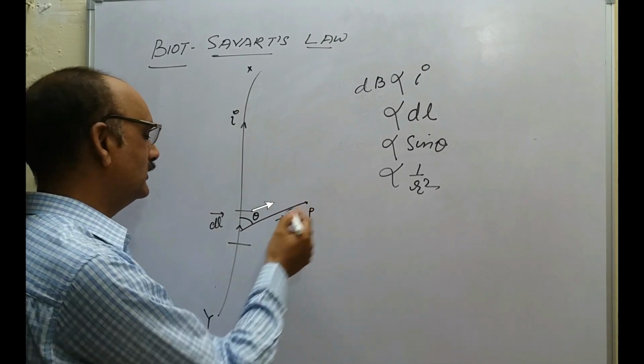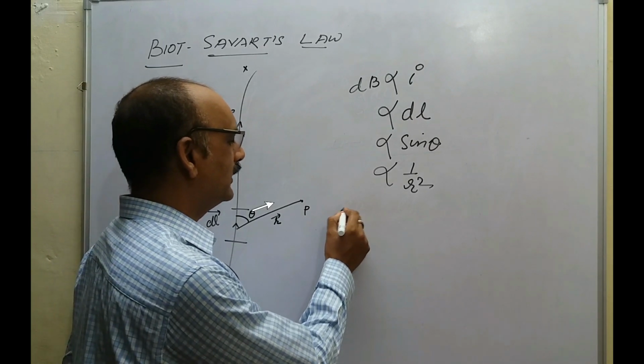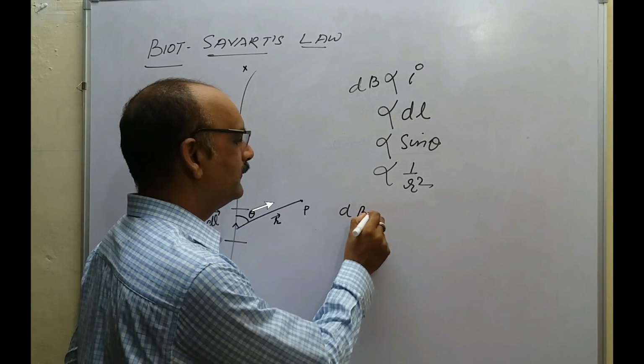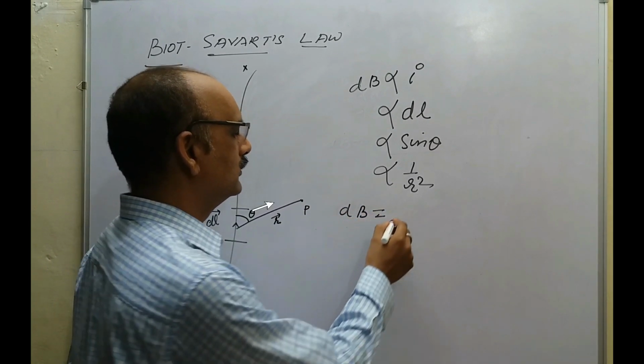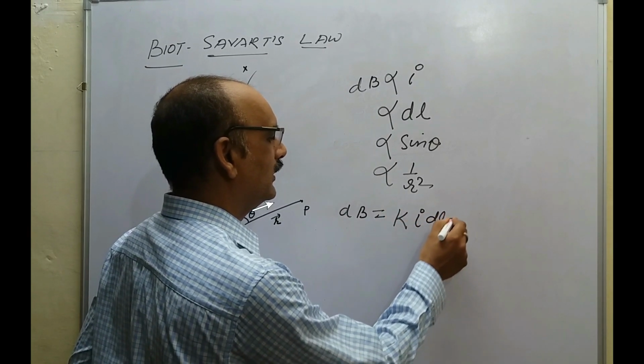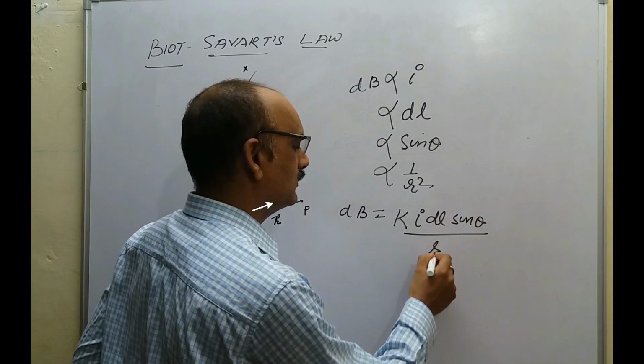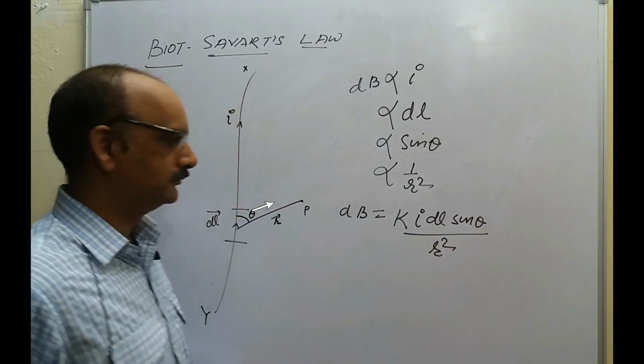Remember, theta is the angle between dl and r. Combining all these things, we get dB equal to k times I dl sin theta upon r square,